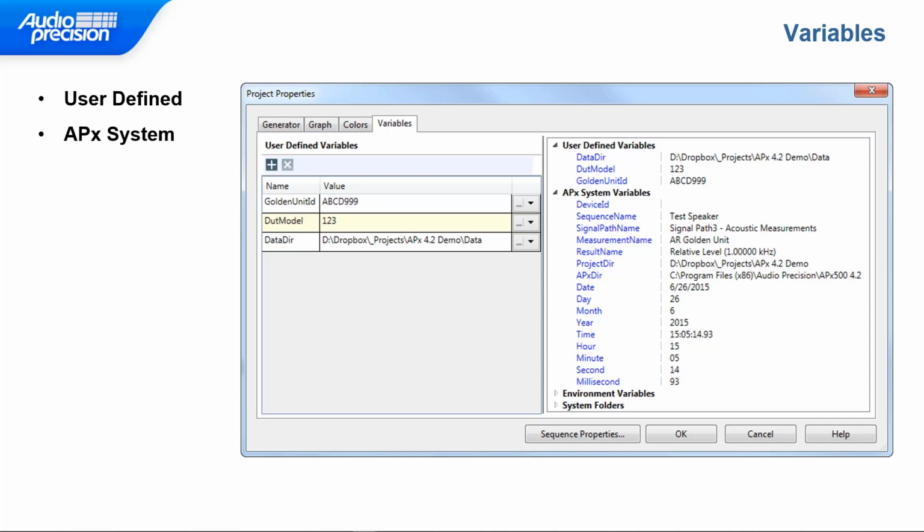Variables are especially useful in specifying file paths accessed or saved by the APX software. The APX system variables shown on the right side of this slide represent APX-specific data. Their values change as the sequence progresses. Examples include device ID, typically used to enter the device under test serial number, signal path name, which contains the name of the current signal path, and project dir, which contains the file path of the folder containing the current